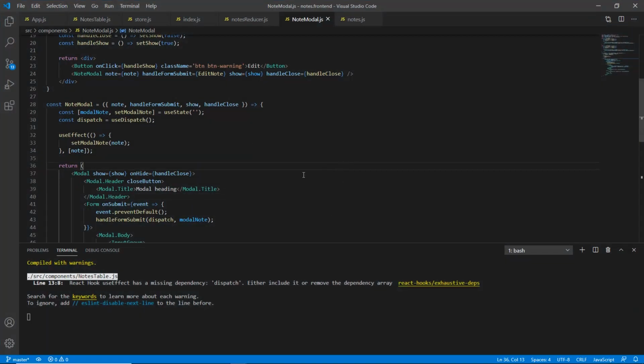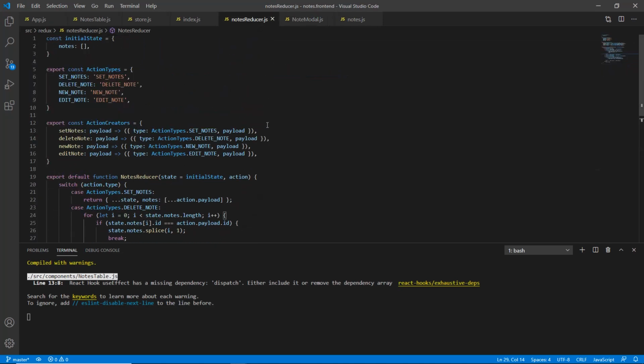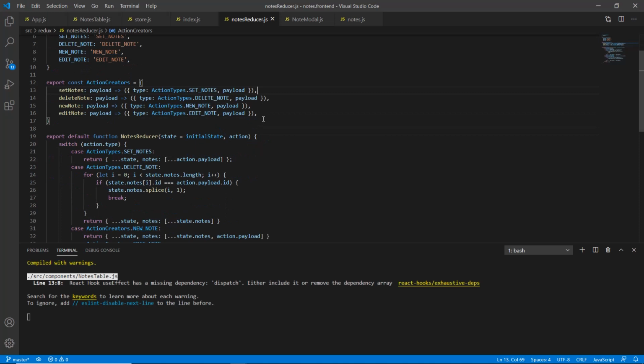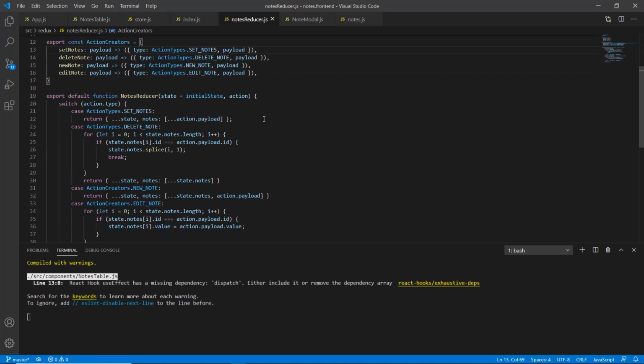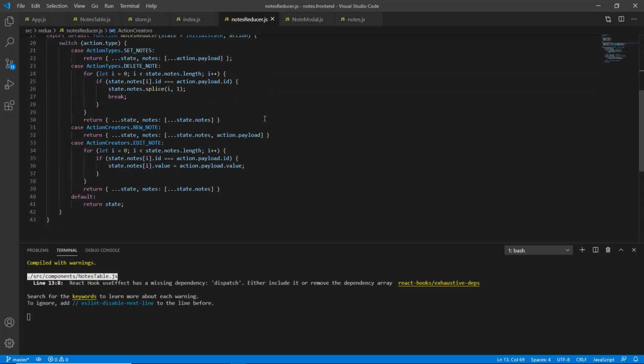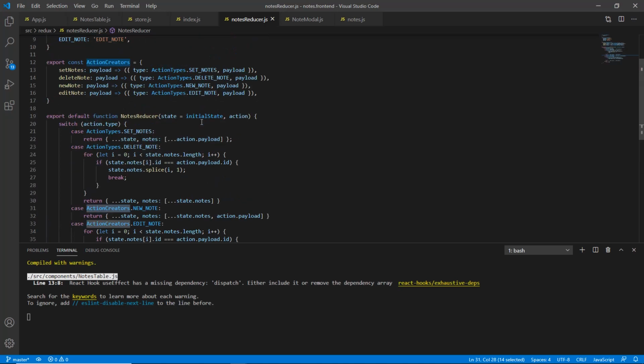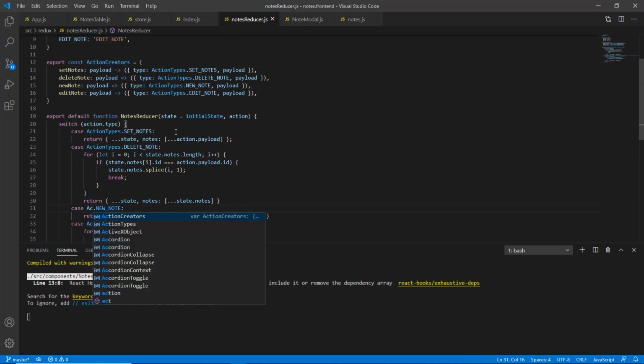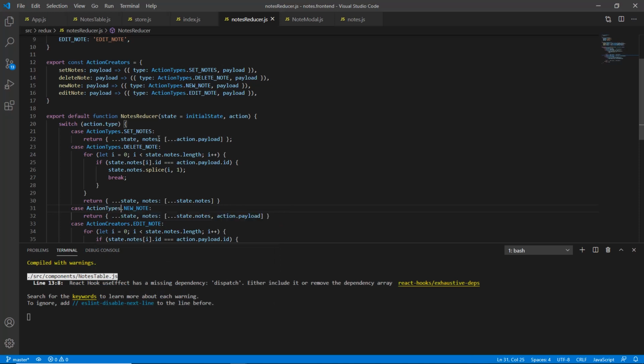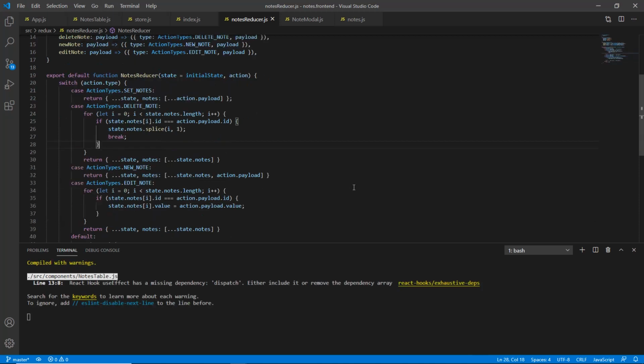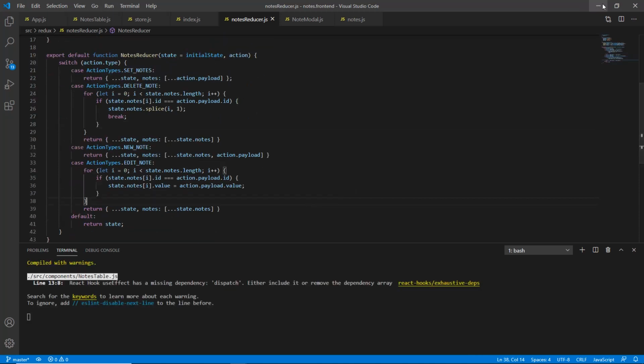Okay, so let's double check the reducer, making sure that we don't have any other typos. Oh, okay, I see. I totally mistyped this. So action types. That's why it was never making the change. So let's go back